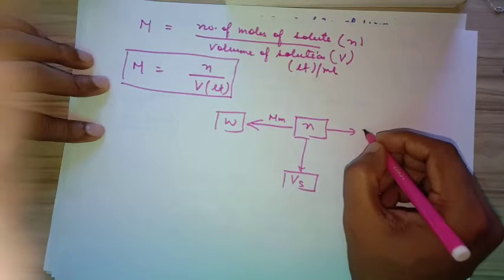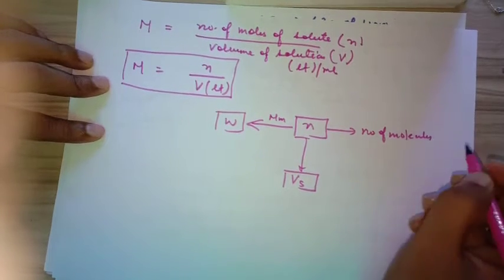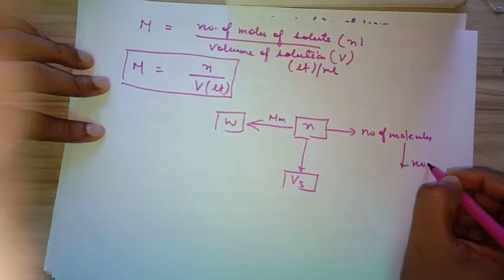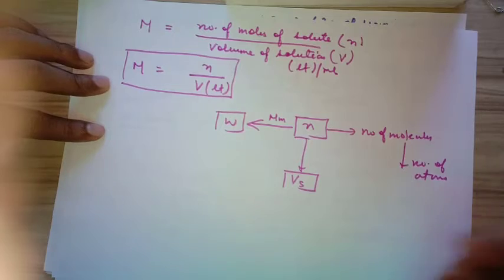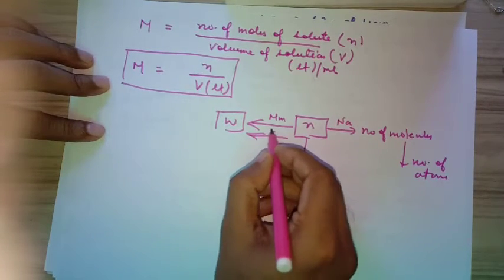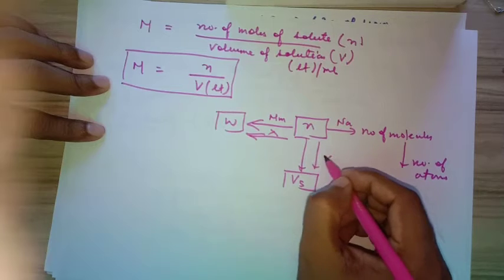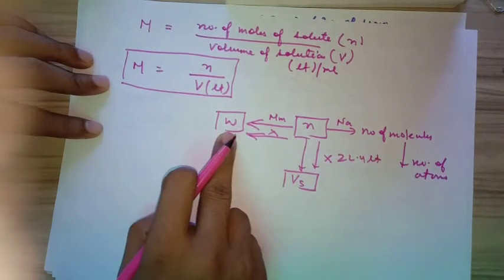Here it can be the number of molecules, and further it can be the number of atoms or particles, so it will be Avogadro number. If we are moving away from number of moles, we have to multiply. It will be 22.4 liter for volume. Now we are moving away from